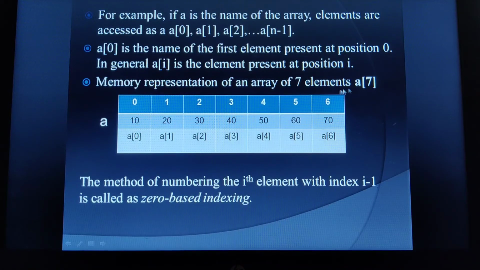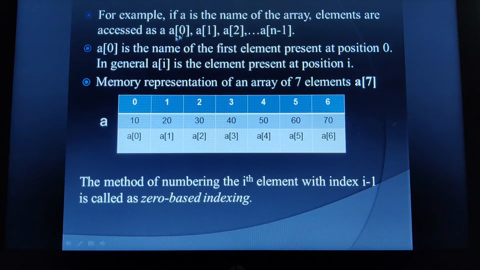From 0, if you are counting 7, it would stop at the 6th location. So that is 0, 1, 2, 3, 4, 5, 6. So the total size of this particular array is 7. Understood? So when I refer to a of 4, which element will it be? It will be the 5th element, isn't it? 1, 2, 3, 4, 5. It will be the 5th element which is present at the position 4.